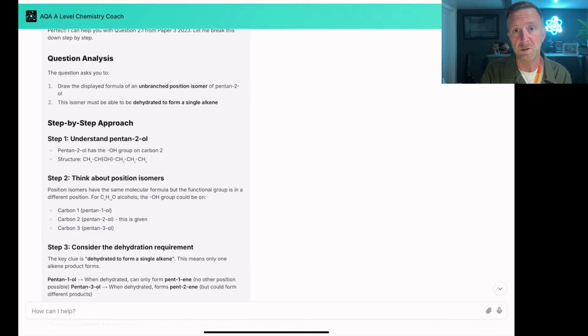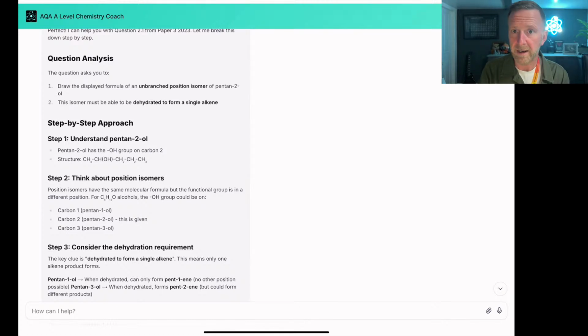So you can see what it's doing. It's giving you the opportunity to get a little bit of help, a little bit of advice, almost literally just like having a tutor sat next to you going, well, actually, they don't just tell you the answers, they explain what the answer is and how to get to the answer. And that's what this is doing.